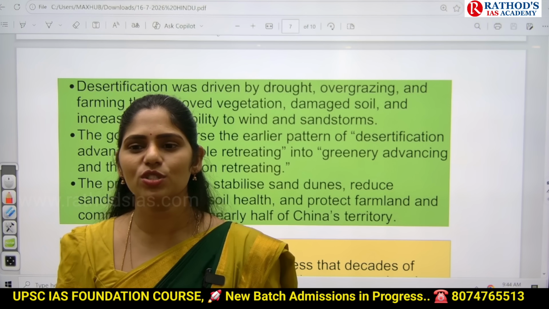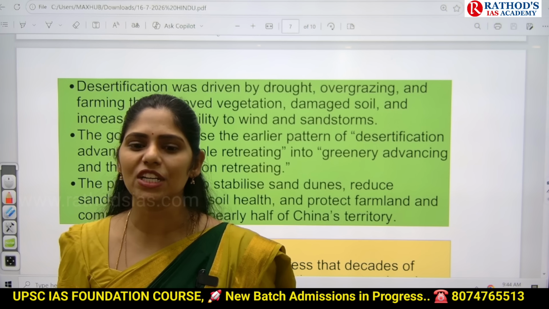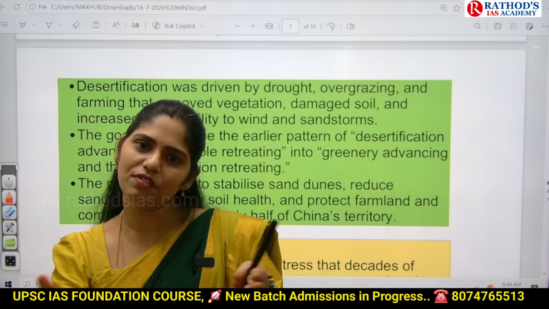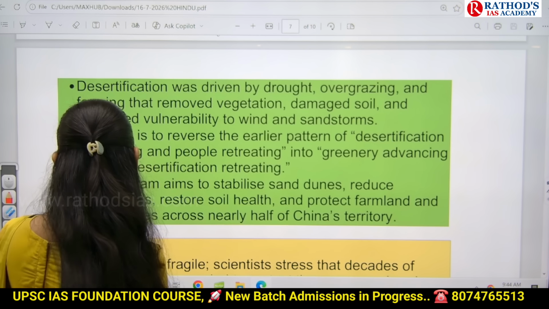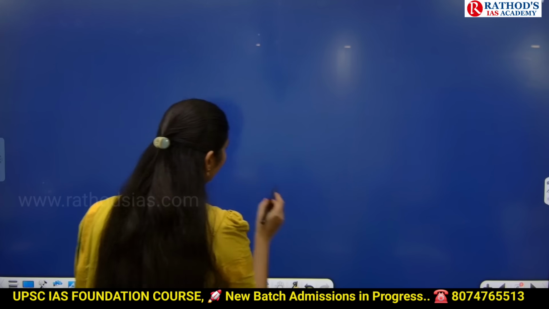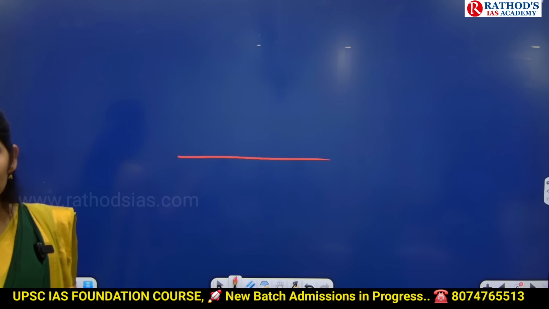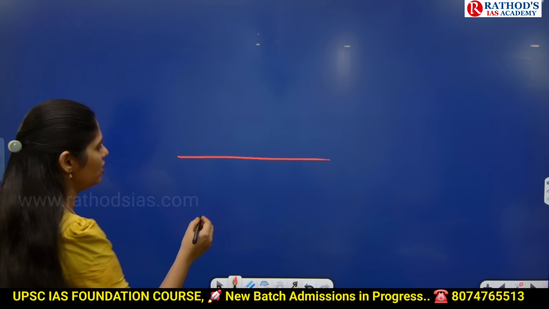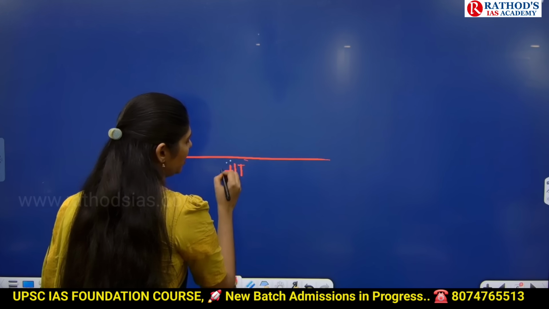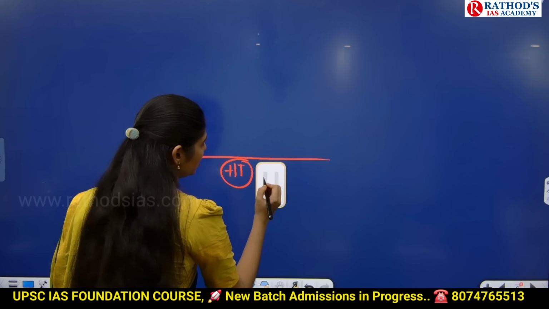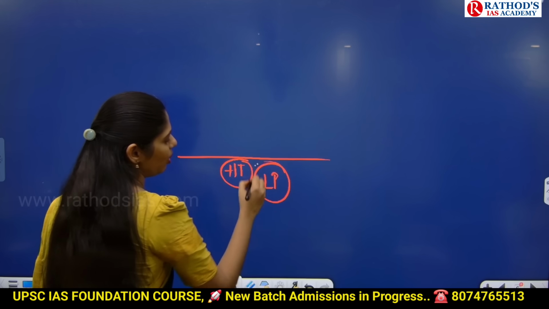And the speed of this wind will be based on the temperature difference. So if the temperature difference is more, I'll explain that clearly. Normally in the desert we have sand, and the sand absorbs more heat. So we have high temperature here, and whenever there is high temperature, low pressure will be formed here.